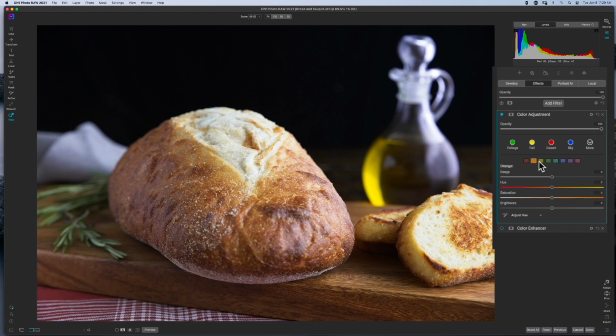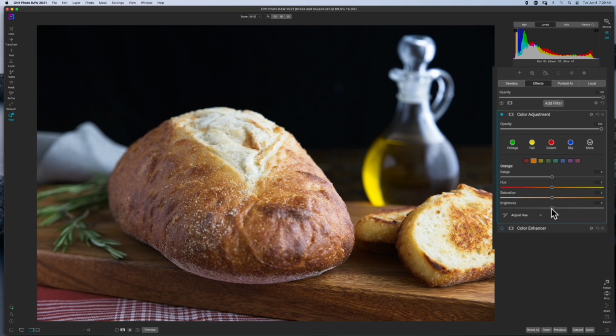But reds, yellows, and oranges, those are in here. That changes the mood of the photo drastically, right? Now, I'm going to reset all of that just so we can keep up with what's going on. And I'll click on orange because I think that's where we'll see the most